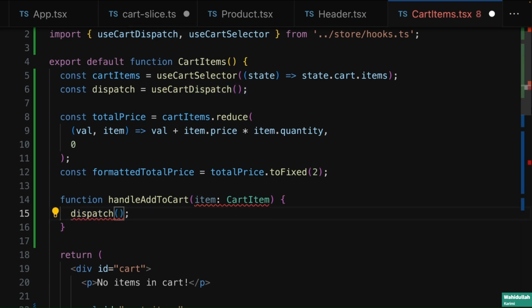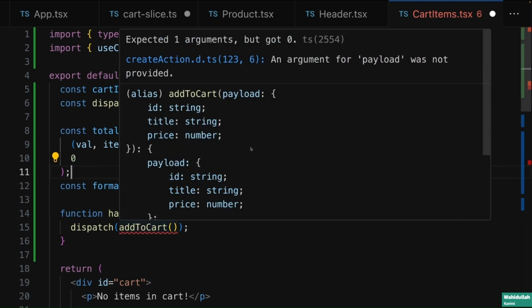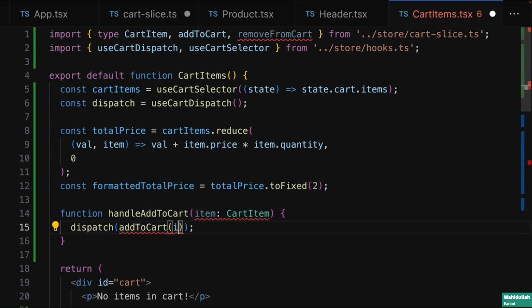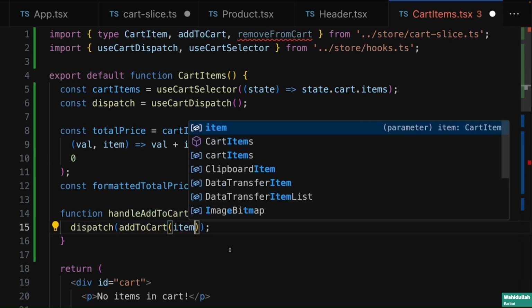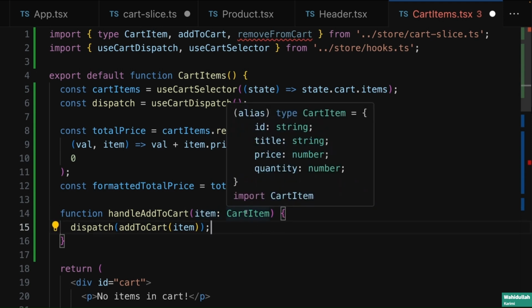And the action object that should be dispatched will be created by this add to cart action creator function here. We just execute it, and then this in the end wants an object with an ID, title, and price, so in the end we can pass our item here,